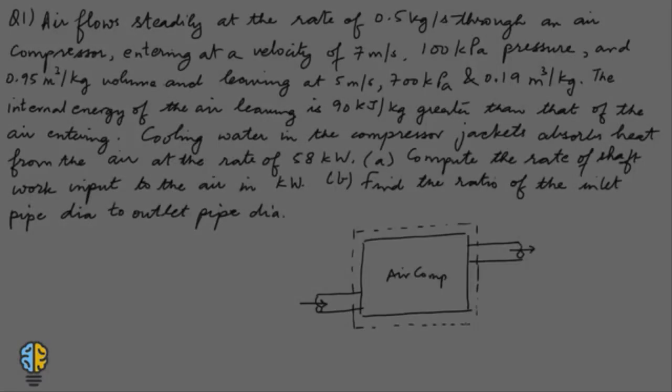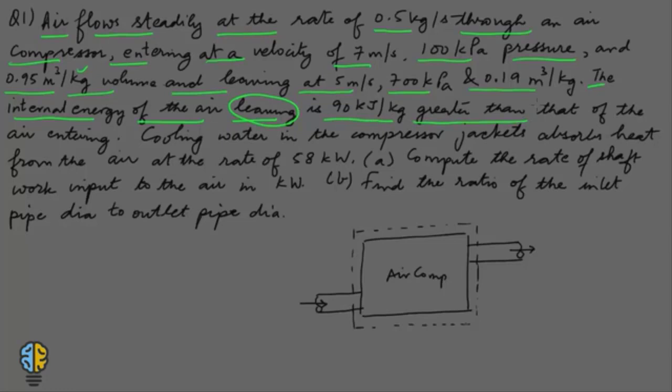Now let us look at question number 1 for the application of SFEE. The question says air flows steadily at the rate of 0.5 kg per second through an air compressor, entering at a velocity of 7 meters per second, 100 kPa pressure and 0.95 meter cube per kg volume. So this is the specific volume, and leaving at 5 meters per second, 700 kPa pressure and 0.19 meter cube per kg specific volume. The internal energy of the air leaving is 90 kilojoule per kg greater than that of